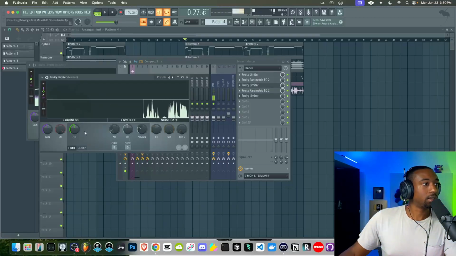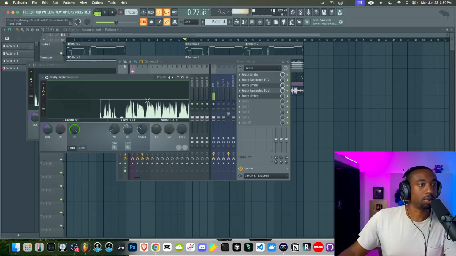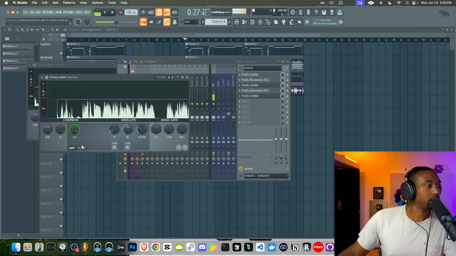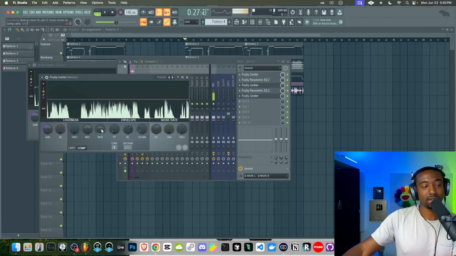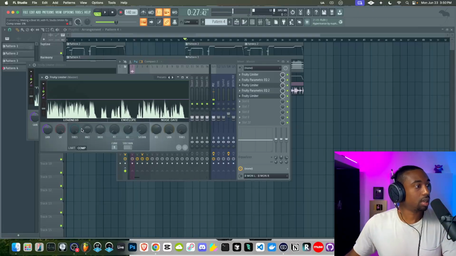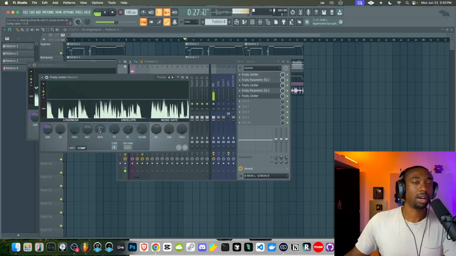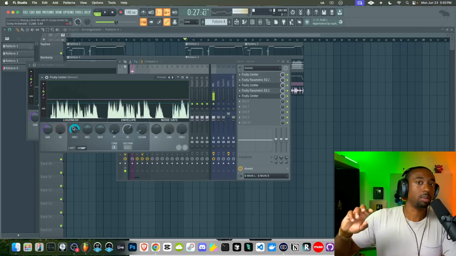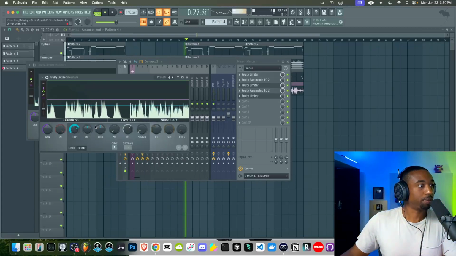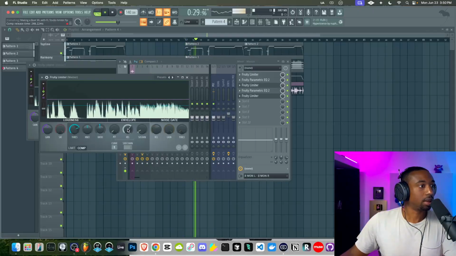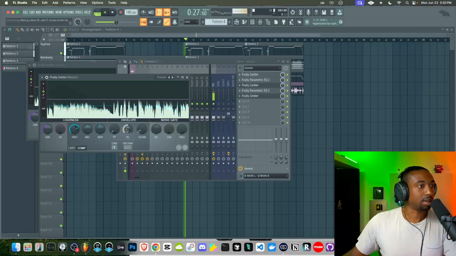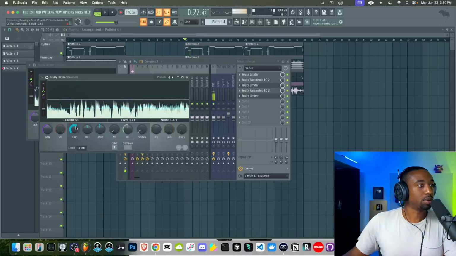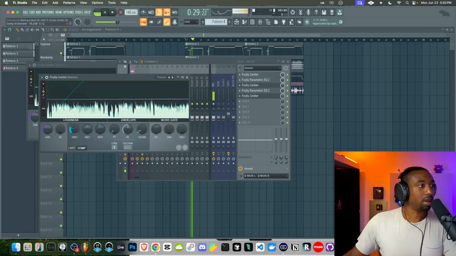Now the next Fruity Limiter, we're going to turn the ceiling up. Very important here, because we're going to go to the compressor mode and we're going to use what's called expansion. So expansion is not where we compress with the ratio 1:1 or higher. It's when we go to 0.5 to 1, which is turning up the volume that goes above the threshold. So this is called expansion. Let's set the attack time to really fast and the release time somewhere around 60 milliseconds or so. So now we're boosting the peaks of the transients, the pointy parts that go beyond a certain threshold here.